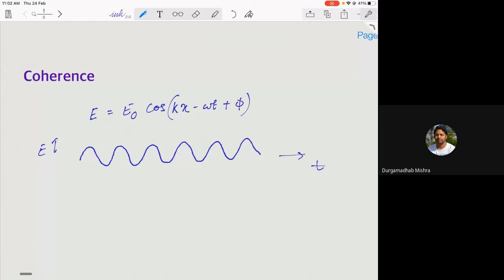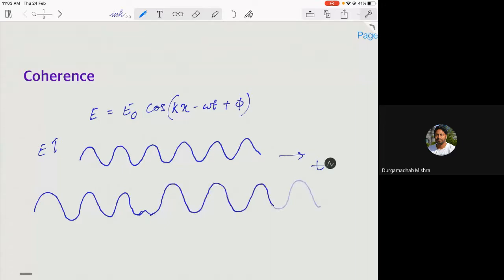So many times you will observe that your propagating wave, the electric field, when you plot it as a function of time, can have, let's say, a tiny jump here. That means the phase relation is lost. And then again you have a constant phase relation from one point to another point, and then again maybe there is a change,